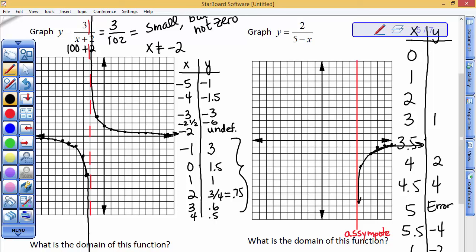I'm going to just calculate. When x is 2, y is 2/3. When it's 1, it's 2/4. When it's 0, it's 2/5. And this is just trying to approach the y-axis. It never will. On a graphing calculator, it's hard to stay off of that x-axis. Hard to do by hand as well. You'll put arrowheads on either end, and you'll just make sure you don't cross that line where x is equal